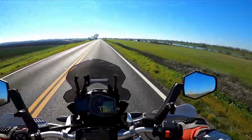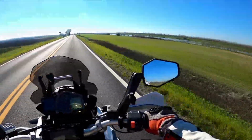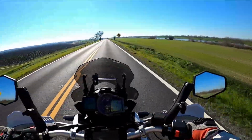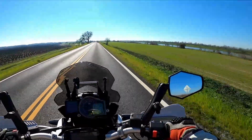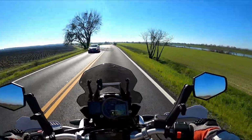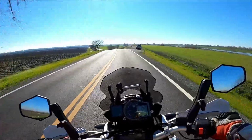It's really pretty out here. Gorgeous piece, gorgeous view of this part of the river. Maybe that's not the deep water channel, but it's certainly part of the Delta system out here. We're gonna head down off of the...